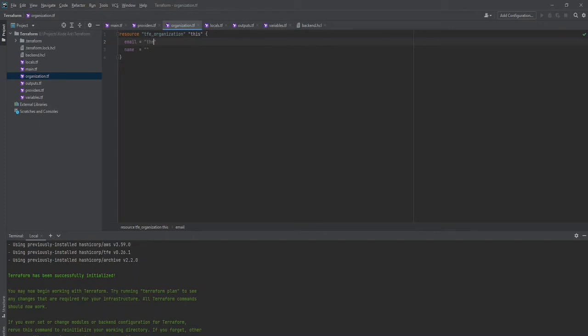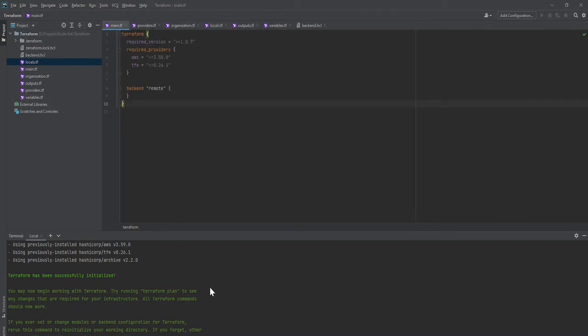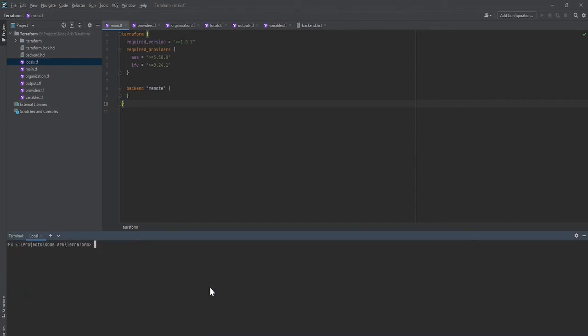What could be the email for that organization? I'll use mine, and I'm going to have the organization name as Kodak Playground. There's nothing in locals or outputs, we will talk about it later. We have already moved everything, so I'll clean it up.